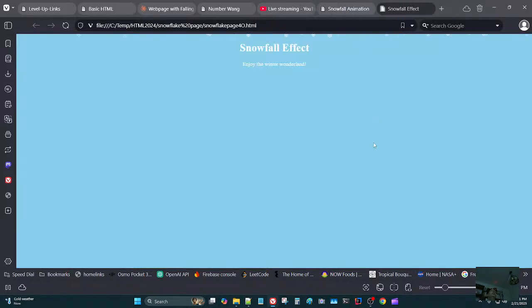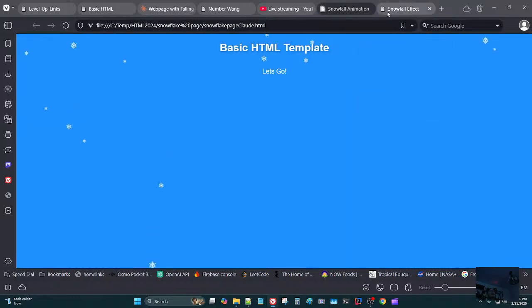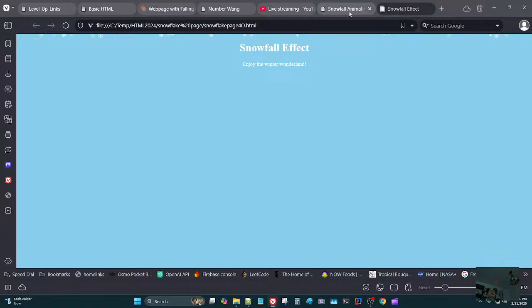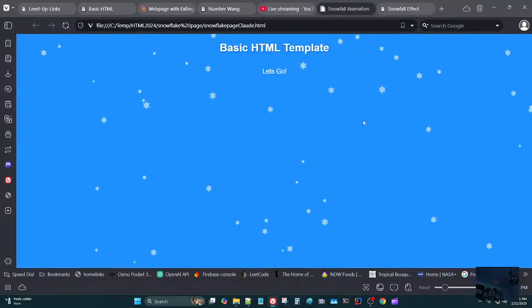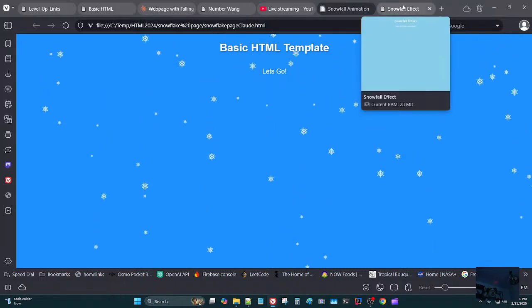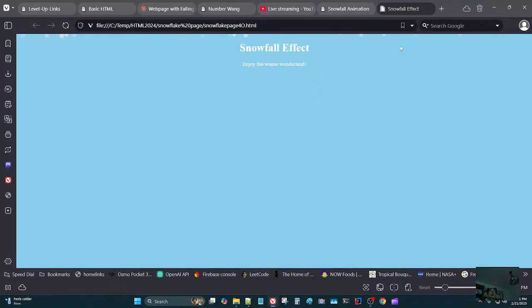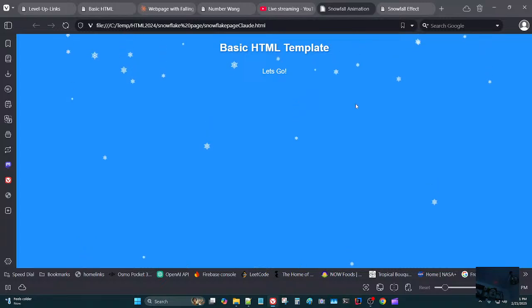This one is a very light blue, and the snowflakes are only at the top of the screen, so there are issues to be fixed here. But it looks sort of similar, the snowflakes do anyway. But yeah, I like the other way better. Pretty neat. I'm not going to dig into why this one's not working right now, but that would be something you could do. But since we have a really great one right here,